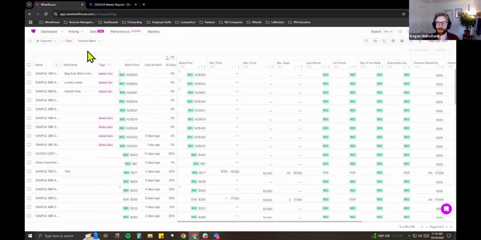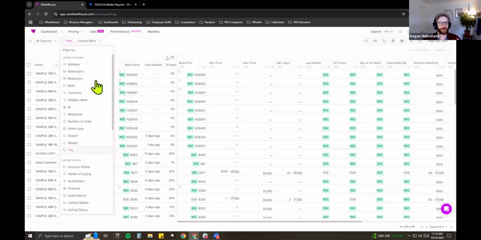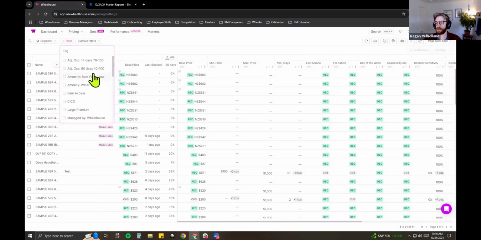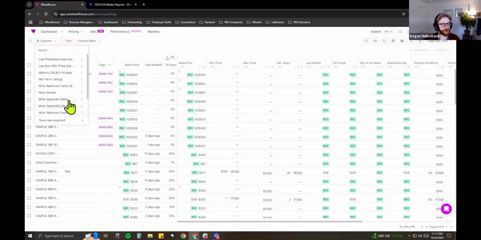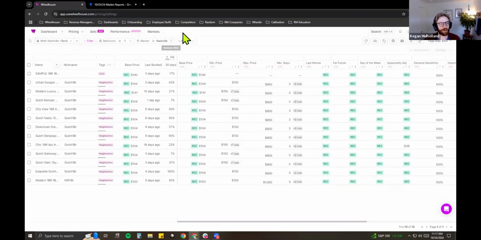So a grouping. Now this will look different for everyone, right? A common example would be a market and then bedroom type. You can choose one of your markets, if you have multiple markets, and one of your bedroom counts. If you don't have multiple markets, hopefully you have some tags with different neighborhoods, different submarkets, plus a bedroom count or a listing type. It could be all of my condos in this neighborhood, or my 2-bed condos in Nashville. So this will look different for everyone. I've created my own preset segment, so I'll just show you an example here. I have my Nashville market as a filter, and then my 1 bedroom as a filter here. So I've chained them together.